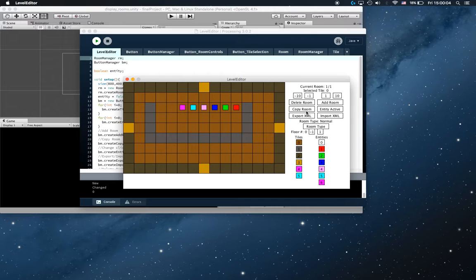So if I were to copy this room, you notice that it hasn't copied the entities. So this allows me to just quickly have a design and copy it after doing all this design. What I can also do is import and export the XML file. So if I were to get up the folder,